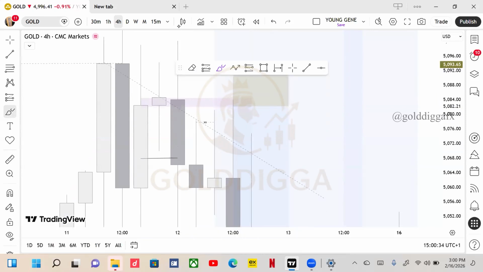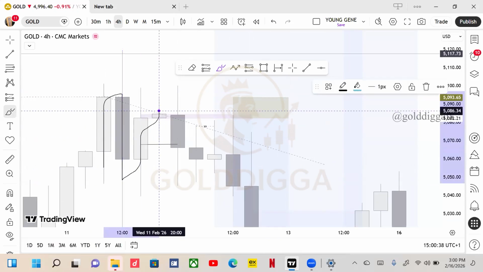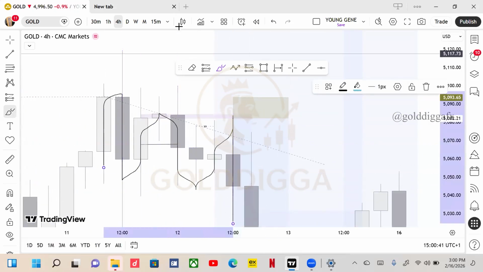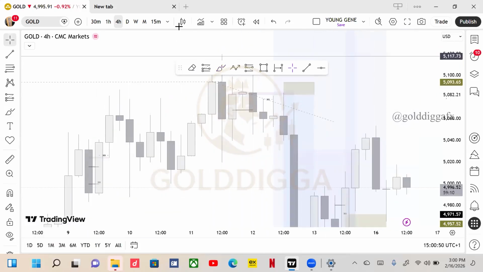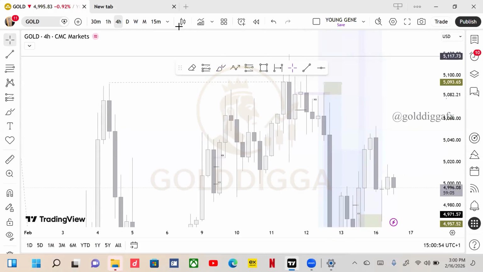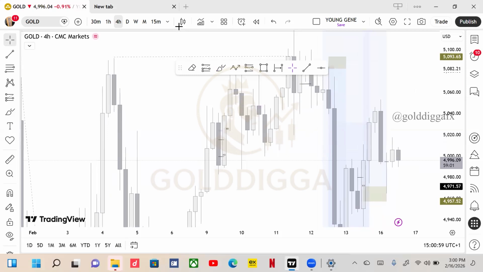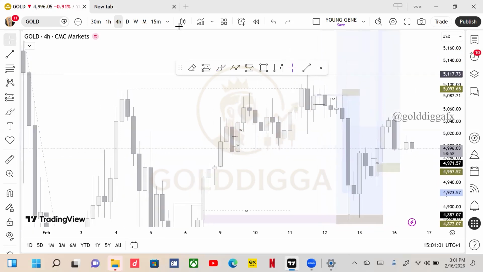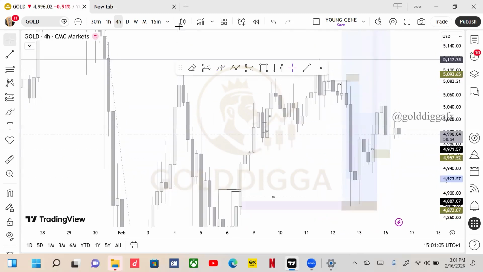So this gives us a continuation trend line here on the 4 hour. Price never broke. You can see the wicks reject at the trend line. So price never broke above it, and that's another confluence for the trade. This is a confluence or confirmation you could use when taking a trade, a trend line, right? A second confluence that you could use when taking a trade